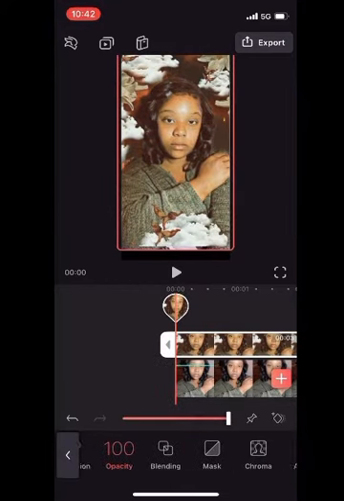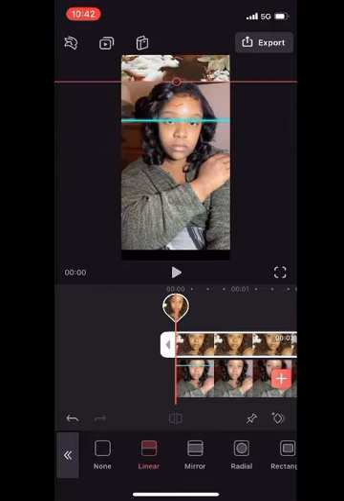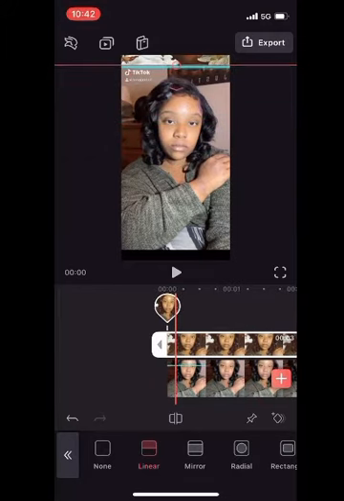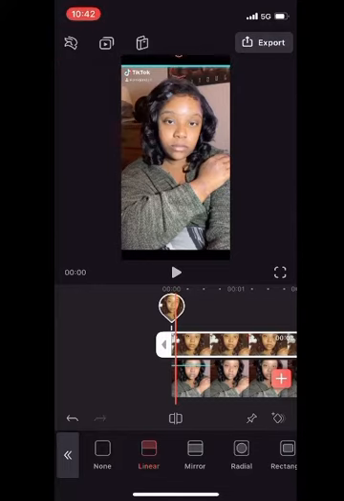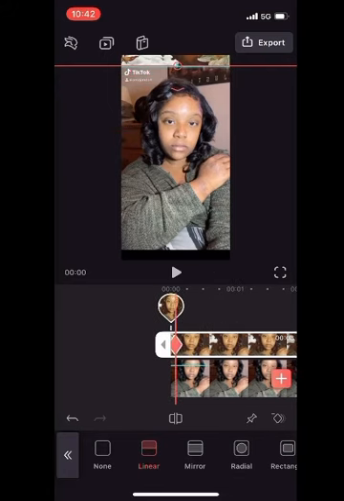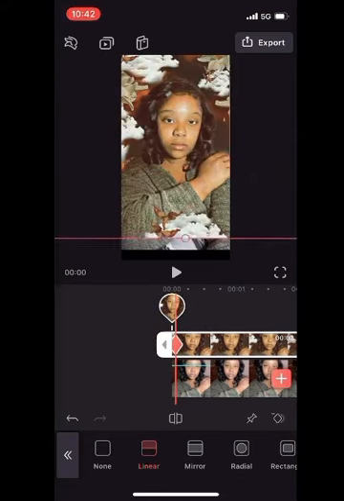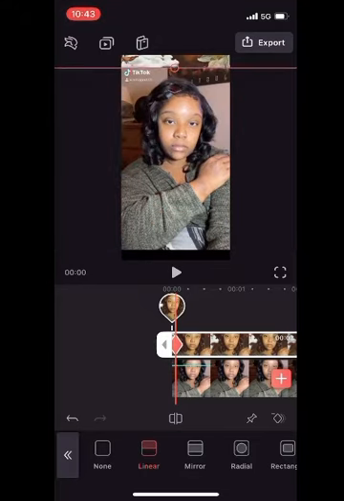Next, you're going to go to Mask and you're going to press Linear. What you're going to do is match the red line up with the blue line. Once you have them line up together, add a diamond right there in the right side corner. Once that red line is lined up with the blue line, you're going to go all the way to the